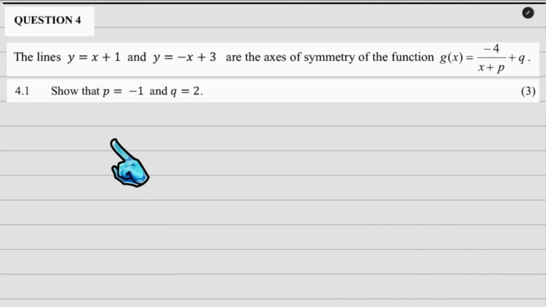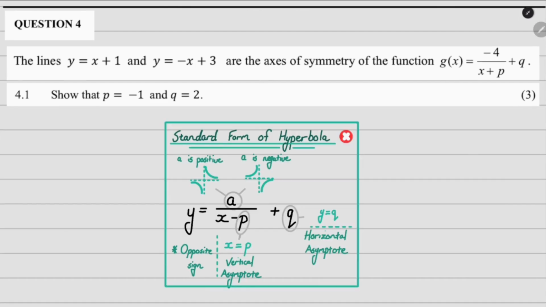Question 4 gives us 2 linear functions which are axes of symmetry for this function. Now this function is a hyperbola. You might be wondering, how do I know that? It's because I recognize my standard form of a hyperbola. This is very essential to know off by heart because it's not on the formula sheet. We can see this equation has the same format as that, and they've given us the a value